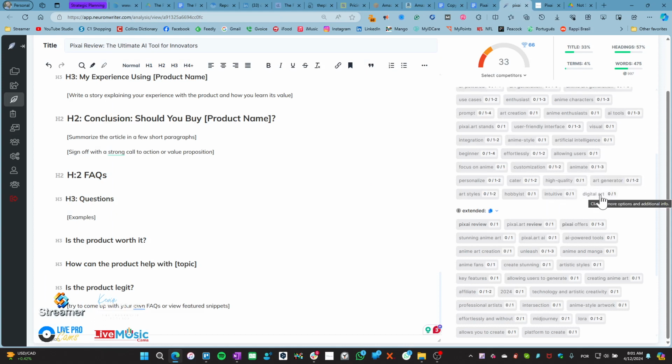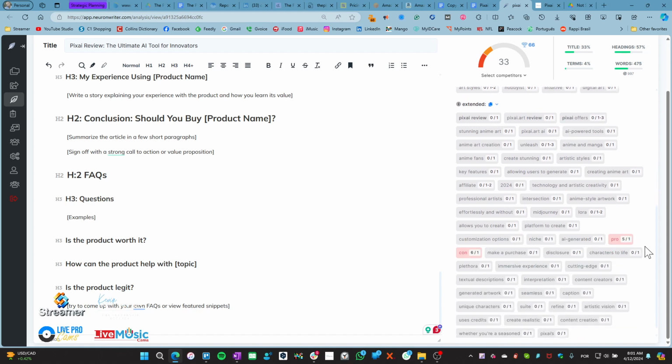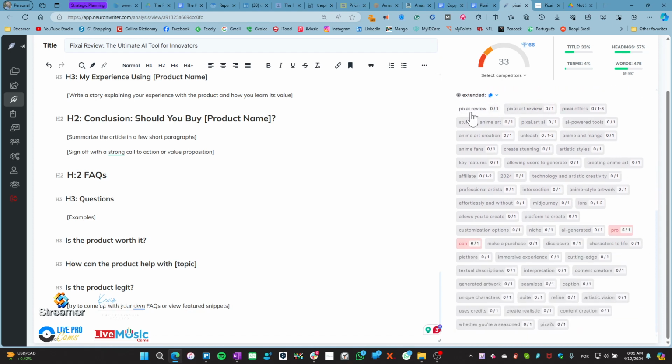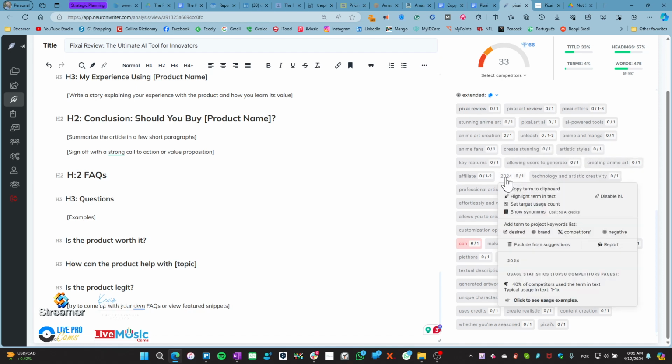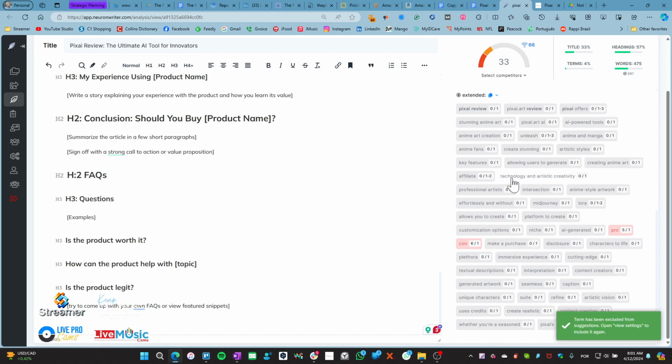And digital art, intuitive could be, and now the extended ones, again, we're just going to kind of go through those again as well. PixAI offers, could be, maybe they're offering something the writer might write about. Artistic, creative, yeah, all sounds good. 2024, nope, we don't want any dates, so that would be another one to add. Exclude, yes, it could be the year that we are in now, but